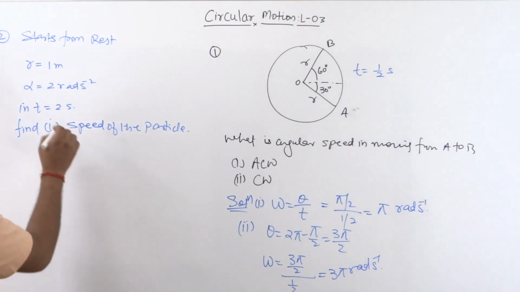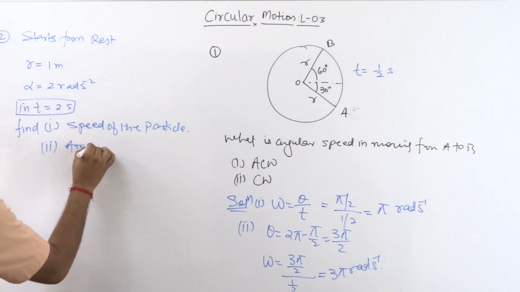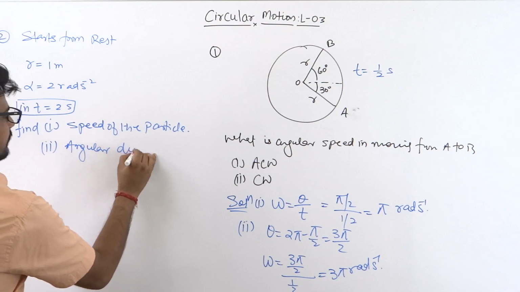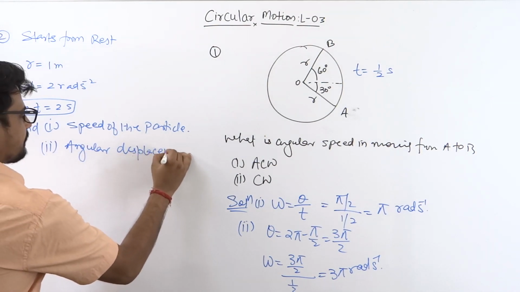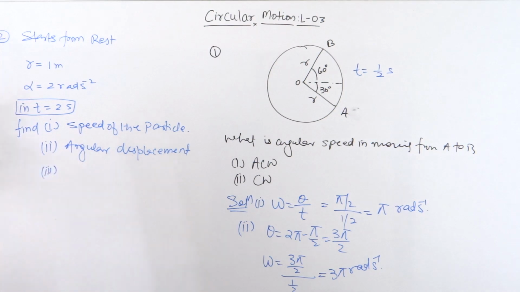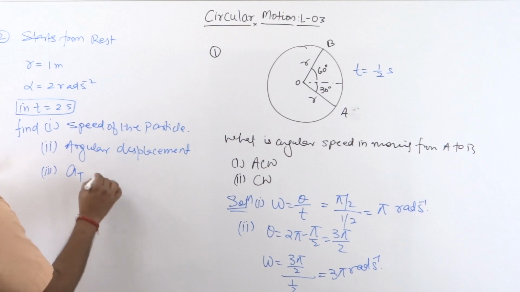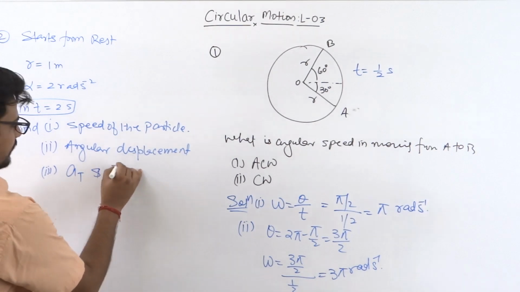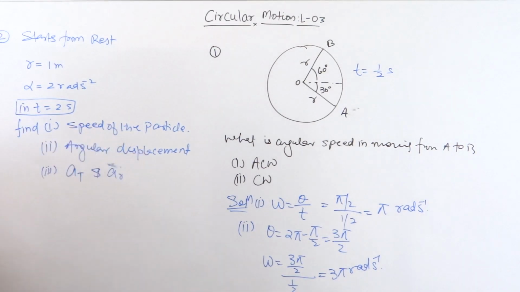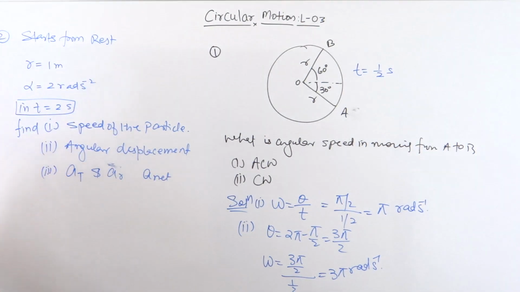Also in 2 seconds you have to find the angular displacement of this particle. आपको उसका angular displacement भी निकालना है. और आपको पूछा जा सकता है कि इसका टेंजेंशियल एक्सेलरेशन निकालो और रेडियल एक्सेलरेशन निकालो. और आपसे भी पूछा जा सकता है कि भैया इसका टोटल एक्सेलरेशन कितना होगा, a net. आपको वो भी फाइंड आउट